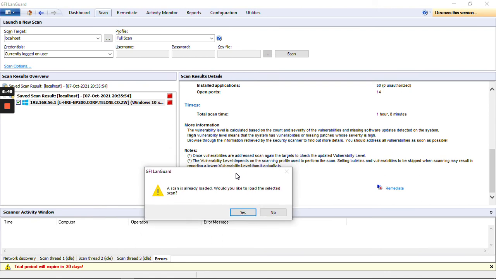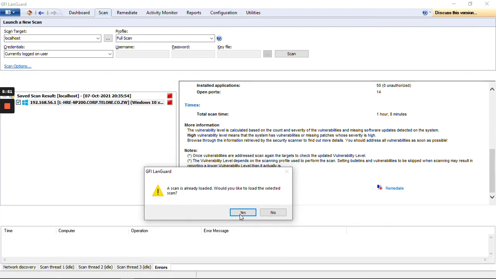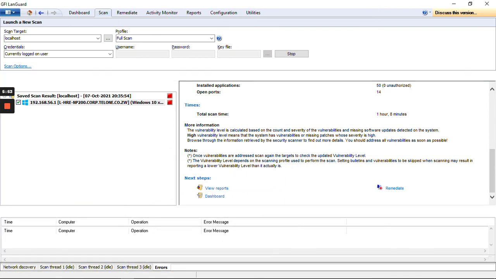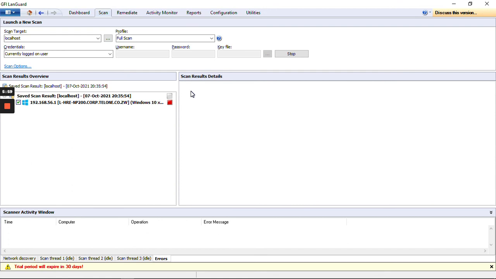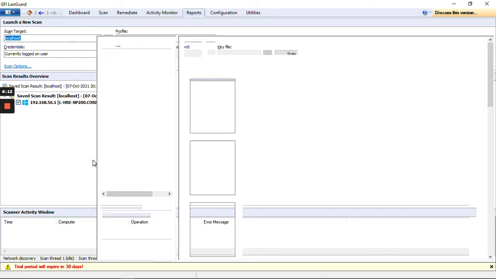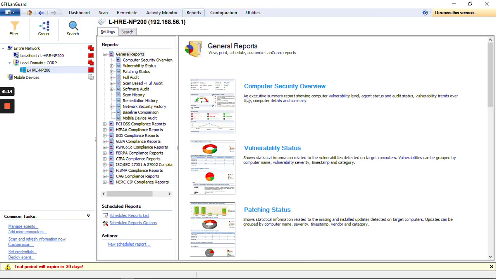It's asking me if I would like to load the scan that I have selected. So I clicked yes. We can also go to the reports section. Okay, here it's still loading. So we can go to the report section of